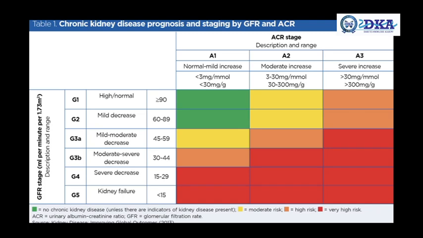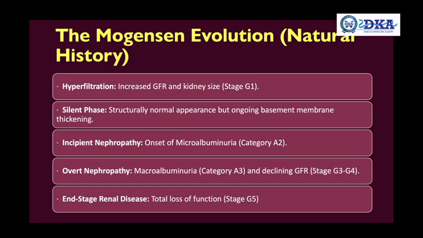for further management. So this is the natural history of diabetic nephropathy, which is the Mogensen classification, which consists of 5 stages. Stage of hyperfiltration, in which the eGFR will be increased and the kidney size will be increased, and the silent phase, in which the structure of the kidney will be normal, but there will be ongoing basement membrane thickening. And stage of incipient nephropathy, which is stage 3, where there is microalbuminuria onset, and stage 4, which is overt nephropathy, where we will get macroalbuminuria and eventually end-stage renal disease, which corresponds to stage